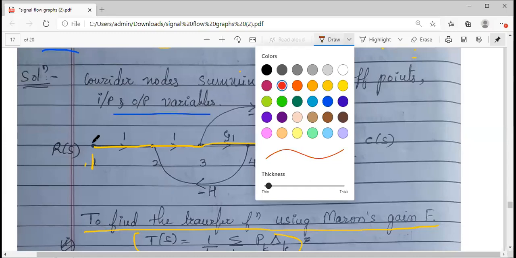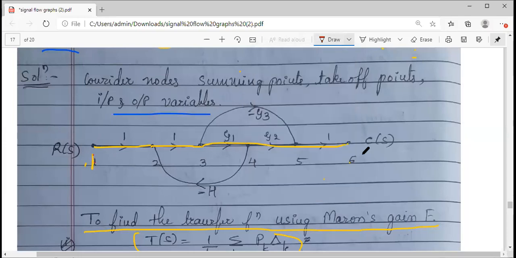Check. Forward path, I hope you remember all those terminologies which we have discussed in signal flow graph: node, branch, input that is source, sink node, then branch, loop, then forward path, non-touching loops. We have defined those and we have even seen examples. So in that, what are the forward paths? It should start at 1 and finish at the output, and nodes should not be repeated. That is what we call a forward path.